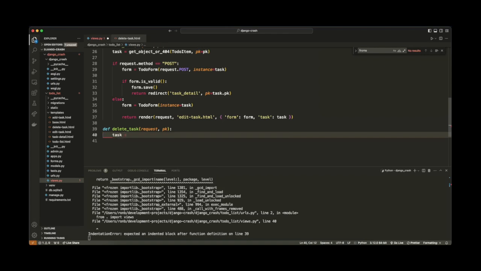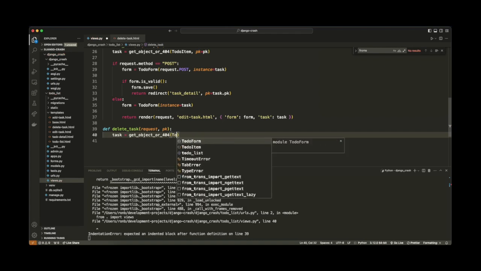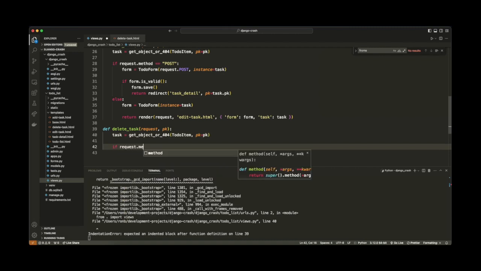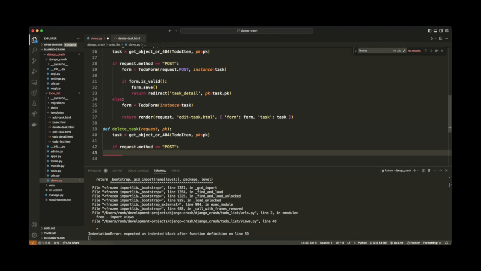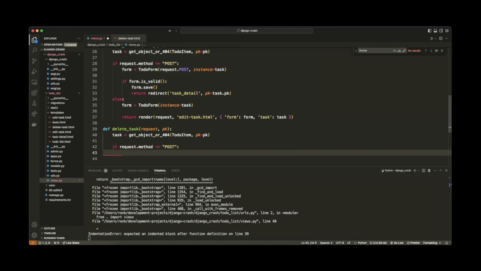We're going to say task is equal to get_object_or_404, and we're going to pass in the model name, and then we're going to say pk is equal to pk. That's going to get us our target task. And again, we're going to say if request.method is equal to POST, then in this case, we just want to delete the task. We don't have an actual form to instantiate, so we're just going to say